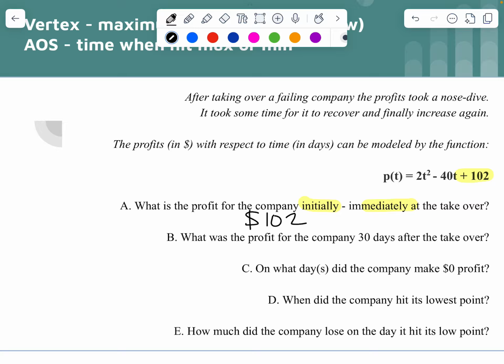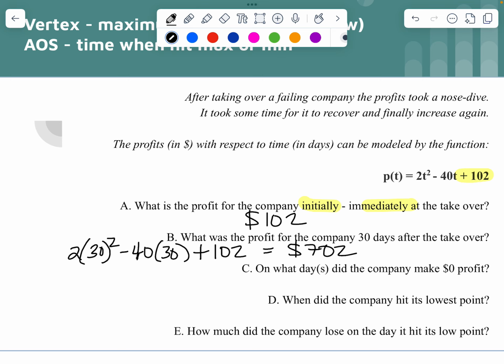Question B, what was the profit for the company 30 days after the takeover? I would just go ahead and take 30 and plug it into the function. That is a specific time frame there. So I will feel good going ahead and doing that, and I do believe off the top of my head that the answer is